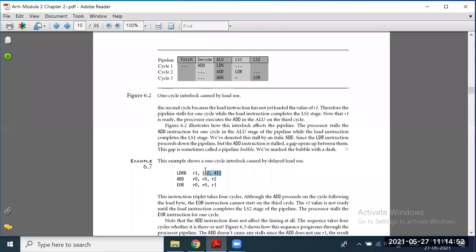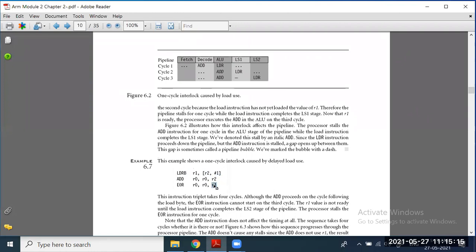See, for this calculation, I already said these two instructions always execute in 1 clock cycle. This instruction requires 2 clock cycles. There is one addition operation here, R2 plus 1, and this R1 is required for the XOR operation here.